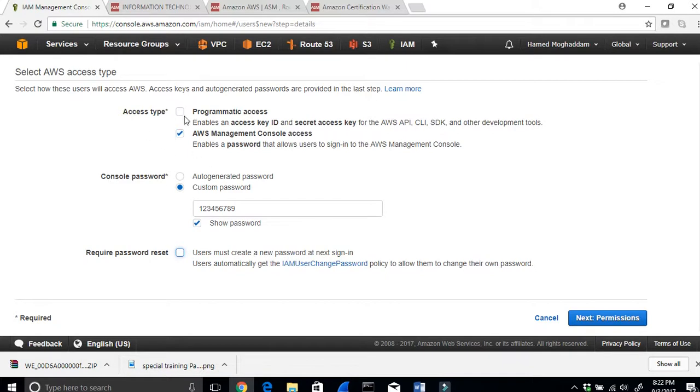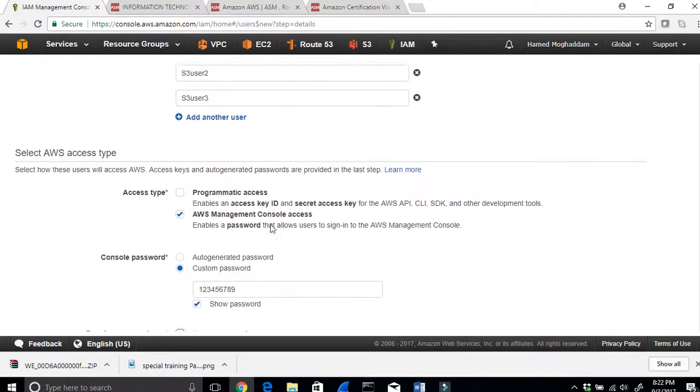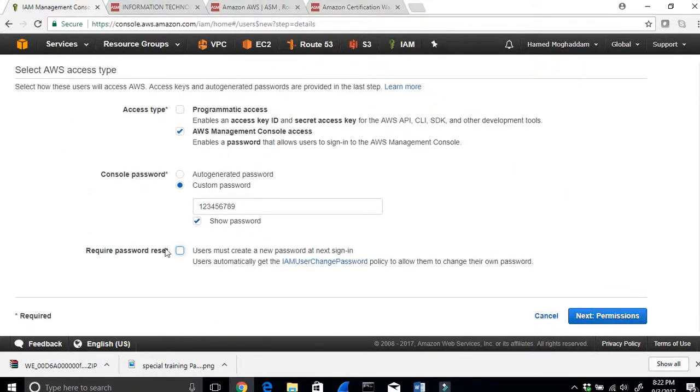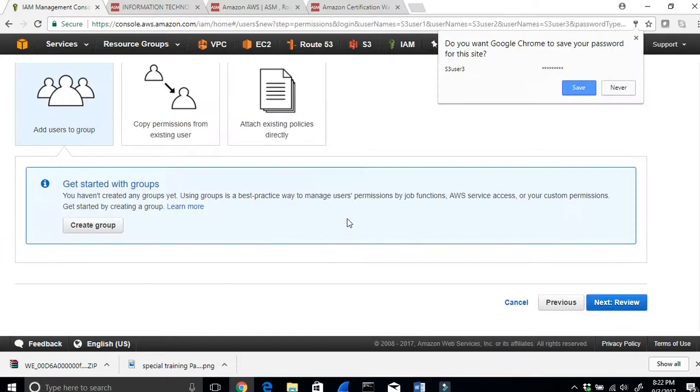Okay. So all of these people, they're going to have this kind of password. Again, in the real world, you can ask them to create a new password at next log on. But for now, I'm not going to check it. Then I'm going to say next permission. Now here,